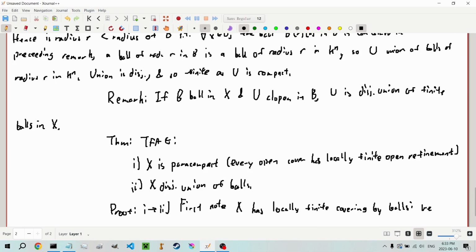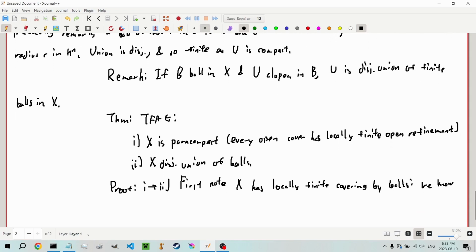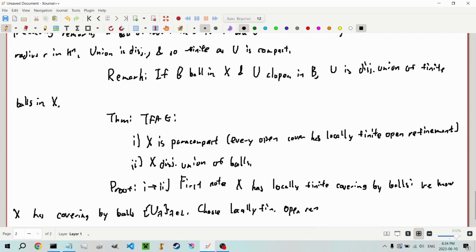So we know X has a covering by balls, say U lambda for lambda in L. And choose a locally finite open refinement V mu for mu in M of this,